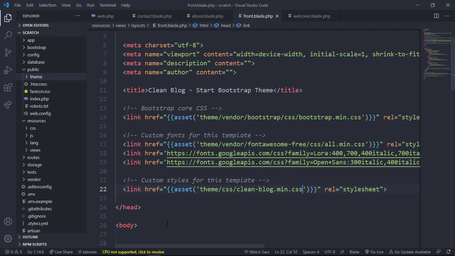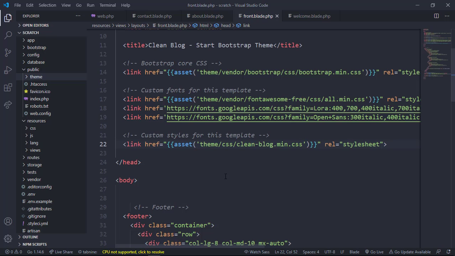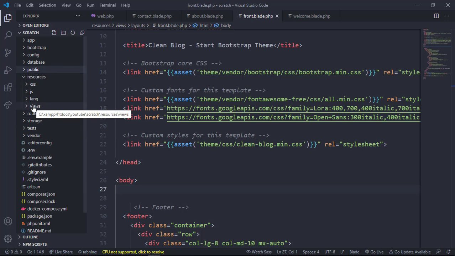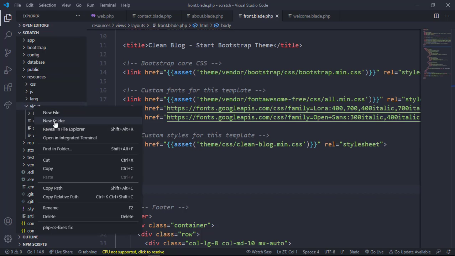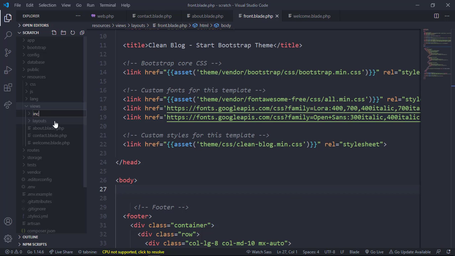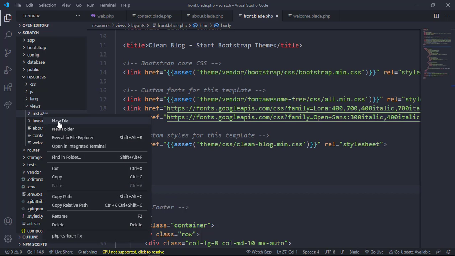In this body you have to put content there. We are not yet done, but let me first do something before looking at how it looks or trying it in the browser. So here we have the views, and inside these views you can create another folder. We can call it includes. And in this includes directory, I want to create a navigation bar. So I just create a file called